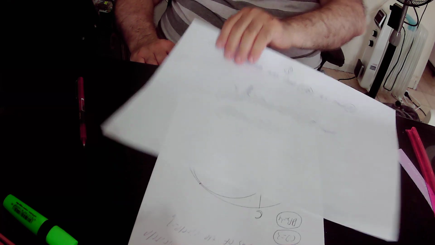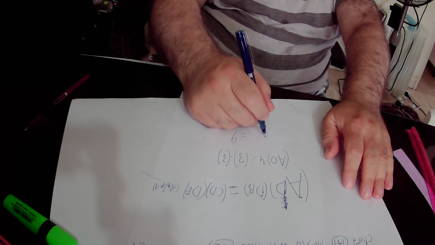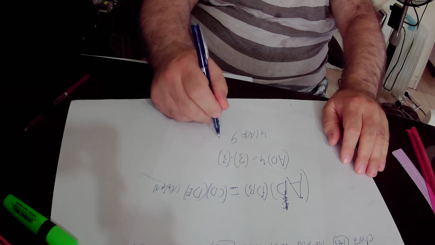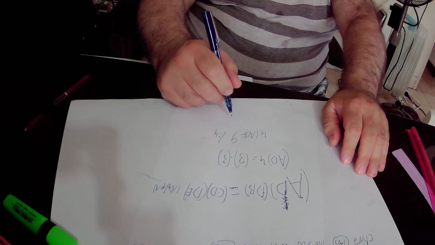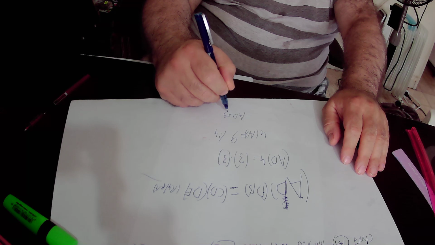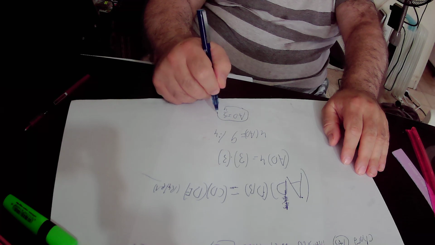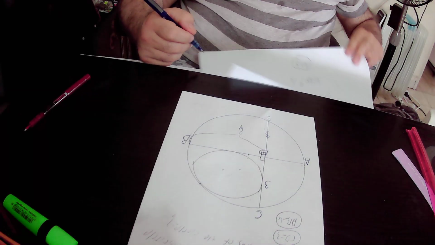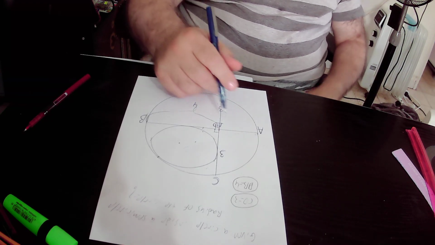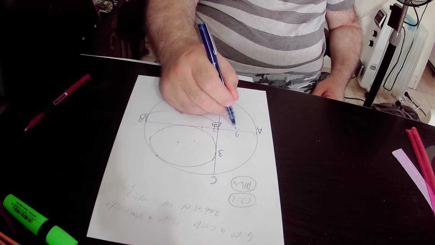3 times 3 is 9, so we write down that 9 equals to 4 times AD. Here we will divide this equation by 4, and we get that according to this equation, AD equals to 9 over 4. Okay. If the missing line segment AD is equals to 9 over 4 units,